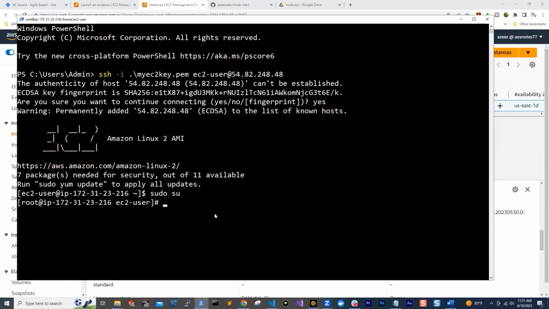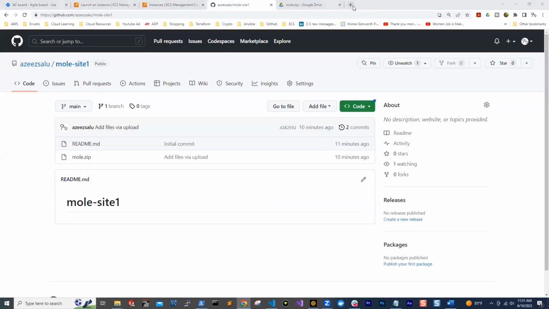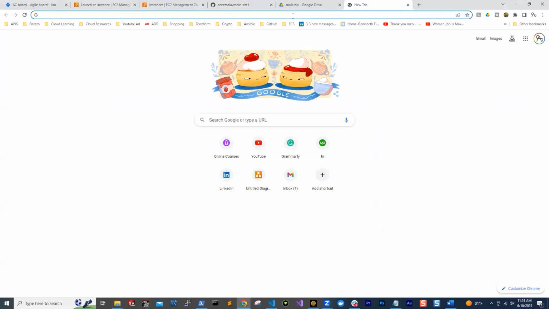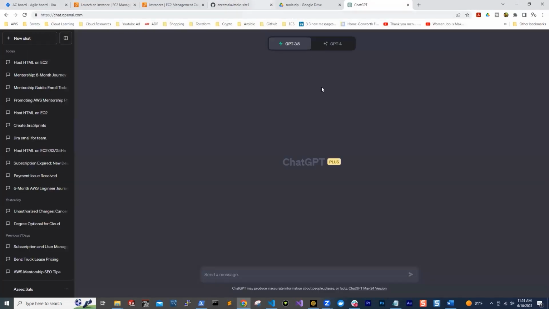Once you change to root, we always update our EC2 instance. So here I will type yum update -y. And if you don't know this command, you can use Google. Now that there's ChatGPT, use ChatGPT. You know you need to update your EC2 instance, but you don't know the command to do it. So here, you can just put: what is the command